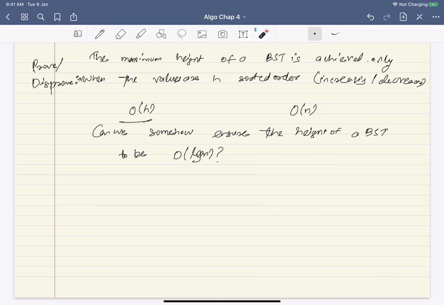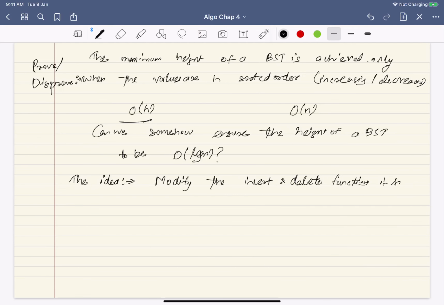So the basic idea would be to modify both the insert and delete functions in such a way that, as you are doing insertion and deletion, at any point of time you make some check: my height should not deviate too much from the best possible height, and if it is deviating you do some local operations immediately.